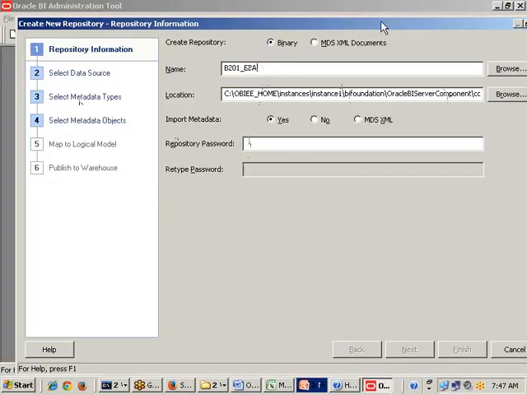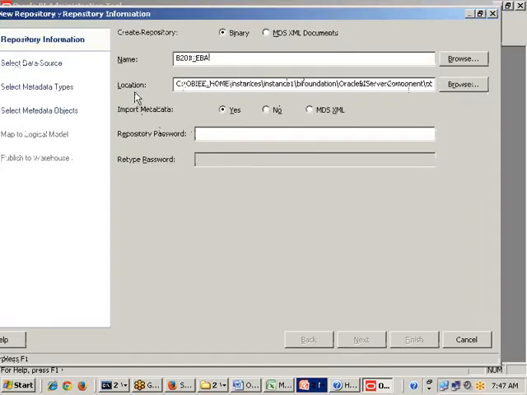And next one, location. Wherever you want to save this file, you can save in that location. We have a browse option. You can click on browse and save wherever you want. On the desktop also you can save it. But however, the recommended or default location,